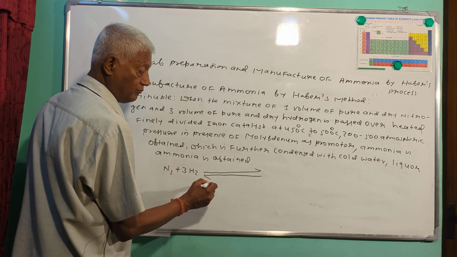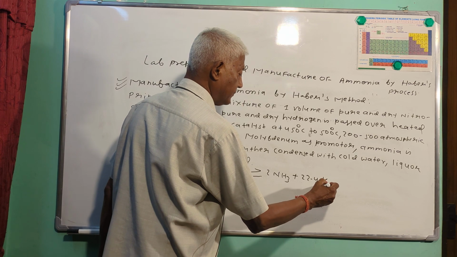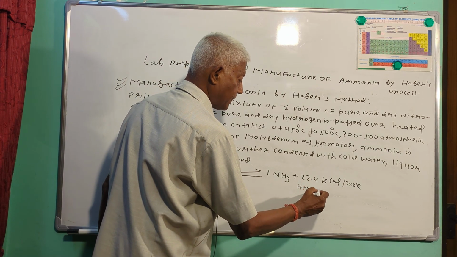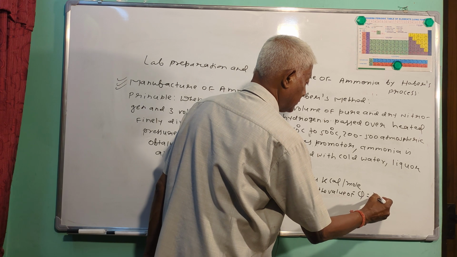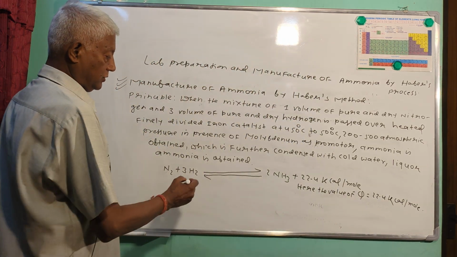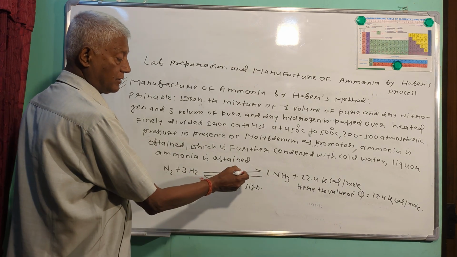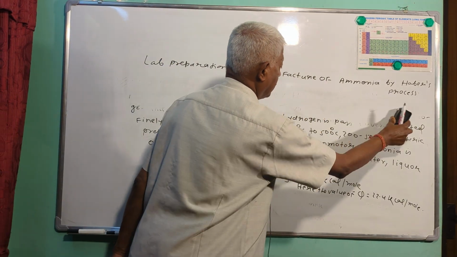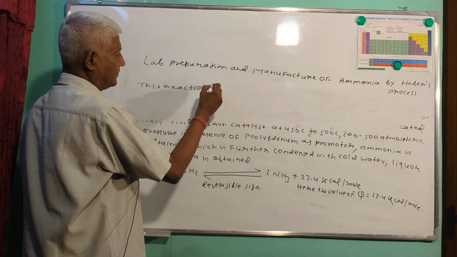So that is the forward reaction, and that is the backward reaction. What you get is 2 ammonia, and how much energy? 22.4 kilocalorie per mole. Yes, so that is the reversible sign. That is the rate of forward reaction, that is the backward reaction. So what type of reaction is it? This reaction is reversible